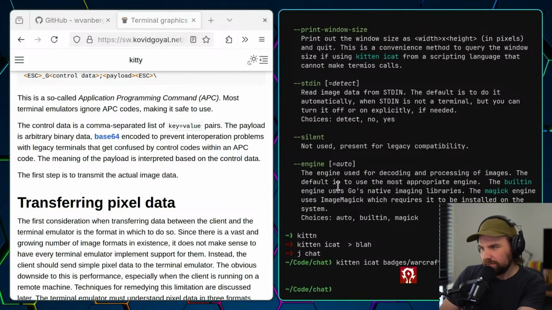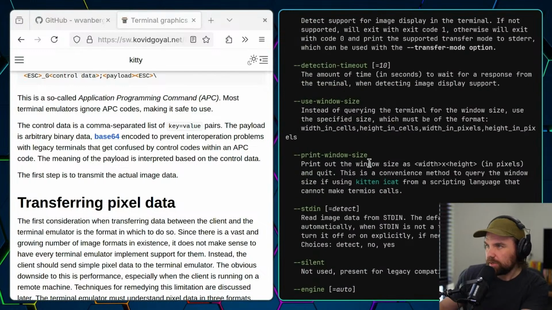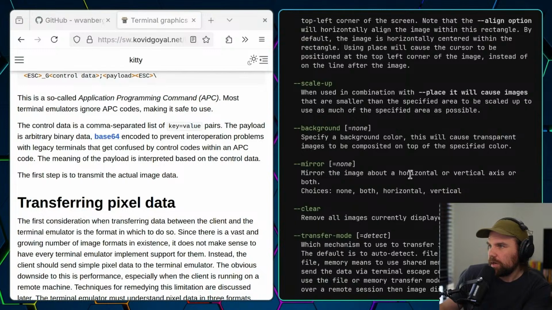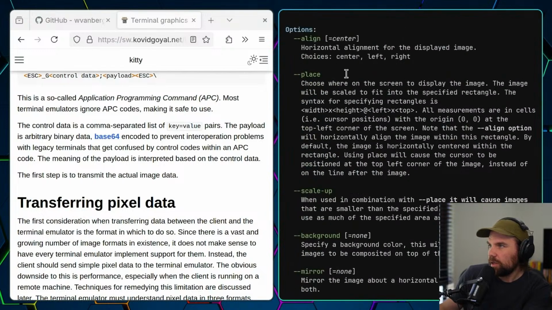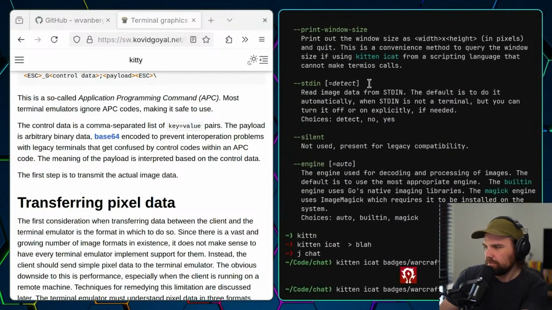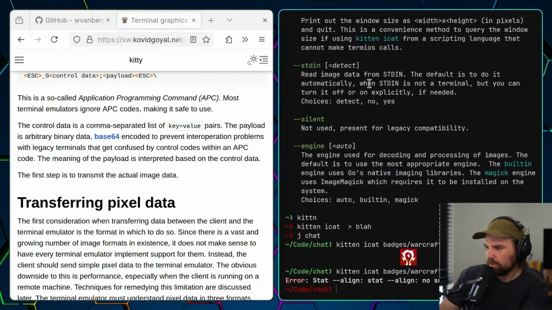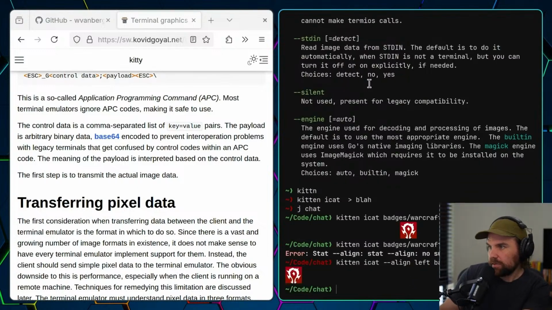All right, so I did this, and then I was just playing with some of the options. So I can, what is it, align? Align left, I think. Oh, no, wrong part of the thing. I can align things.